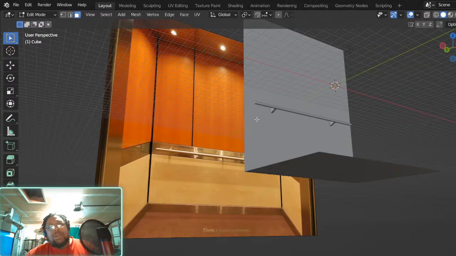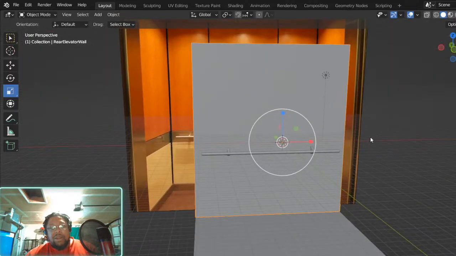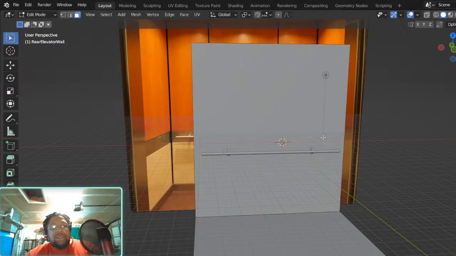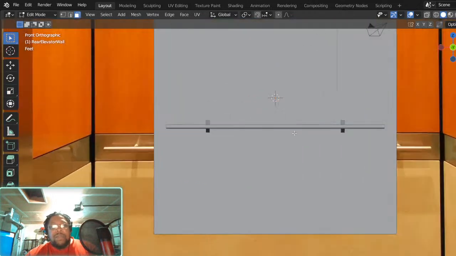So I am going to take this wall. Well, first we'll get out of edit mode. Let's go here. Excuse me. What in the world am I doing, my friend? Yeah. Let's go into edit mode here. Now here's the thing. Wherever I make this separate piece, I'm gonna have to do for every single wall.